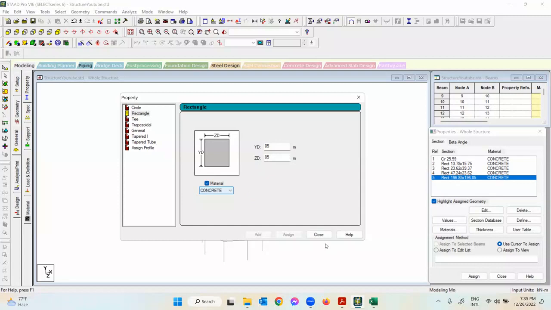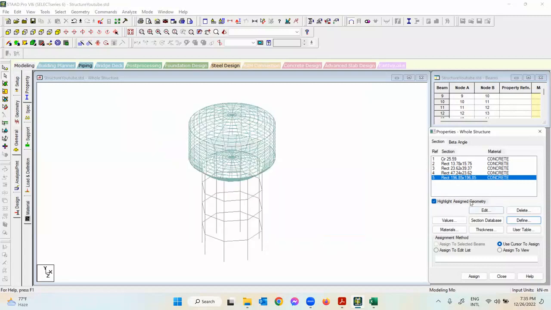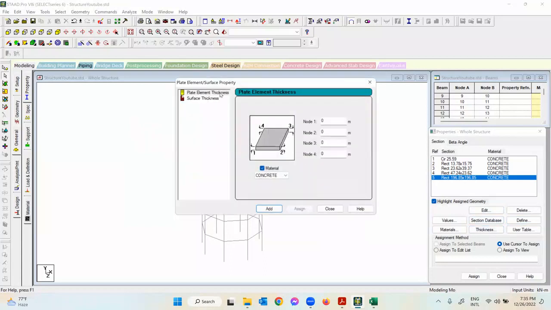Now I need to define the thickness of the plates, right? So we just go to the thickness option there. It's asking for the thickness, and we want the plate thickness. There are 4 nodes of the plate, and if you want to have a different thickness at the top and different thickness along its span, for example, for the vertical cylindrical wall, which